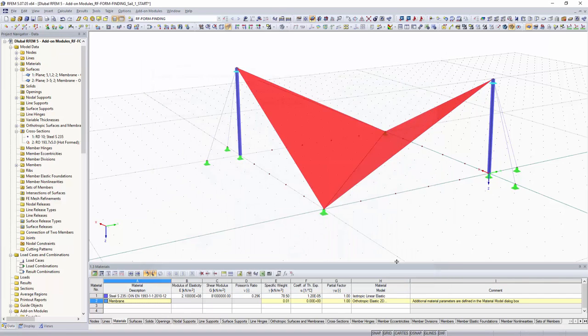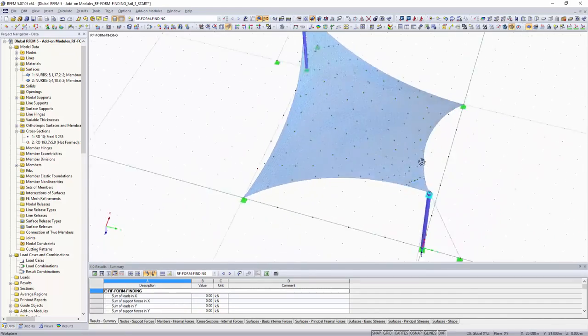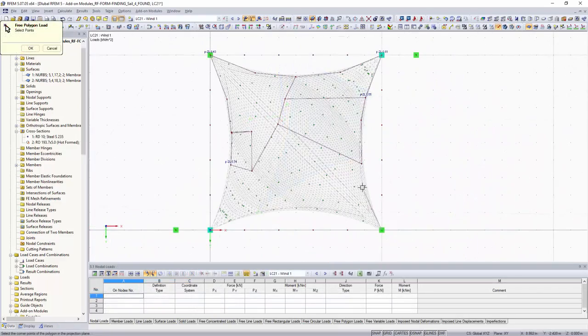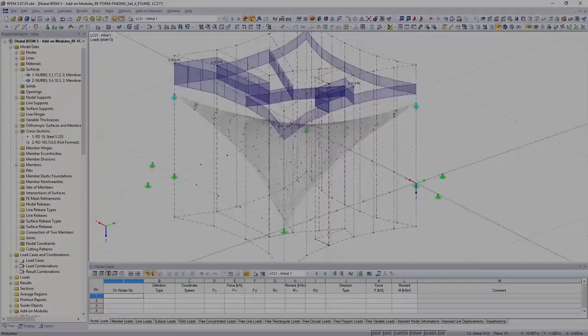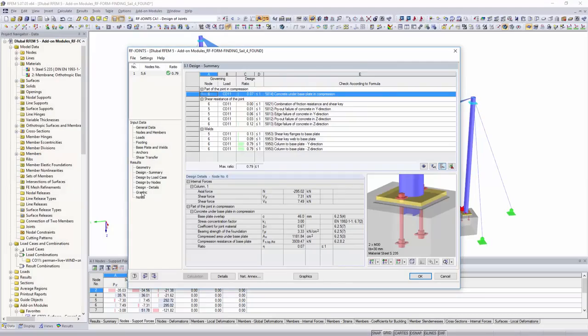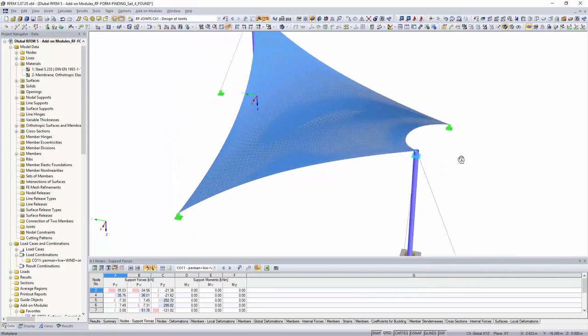With the use of the NURBS transformation, it is possible to generate NURBS points. With these points, it is more efficient to enter applied loads such as polygonal loads by using the select function. Due to the interaction with RFEM, a complete design of the structure is possible, including the membrane, supporting structure and